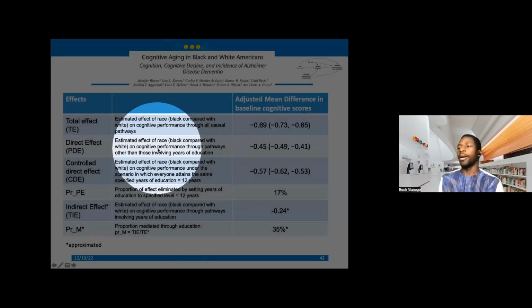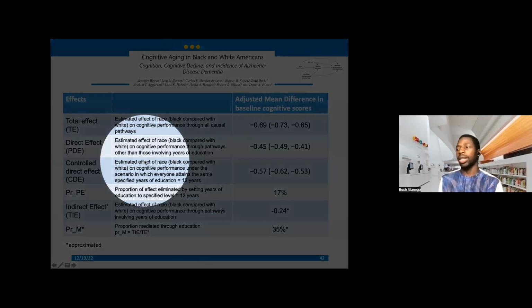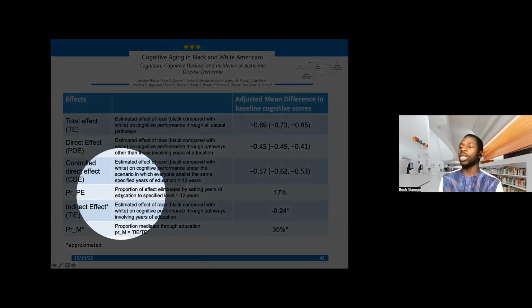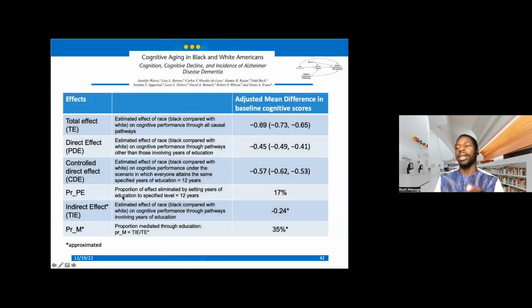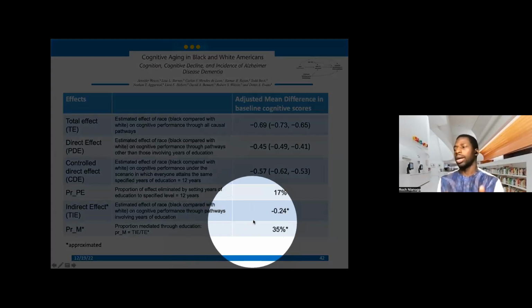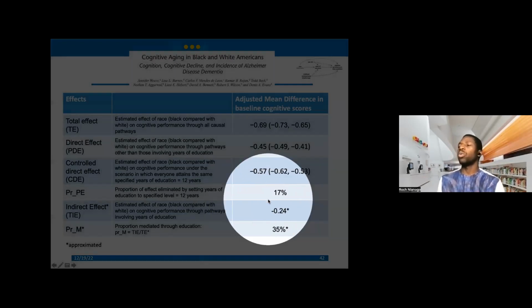Another effect that is important before I get into the percentages is the indirect effect. The indirect effect here, again, is the estimated effect of race on cognitive performance through pathways involving, let's say, years of education, right? And this is ad hoc estimated because it was not estimated in the paper. But basically, what does this mean?